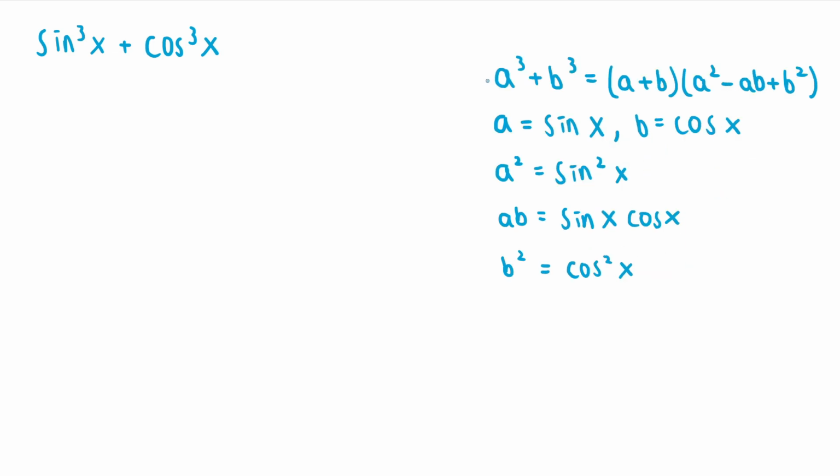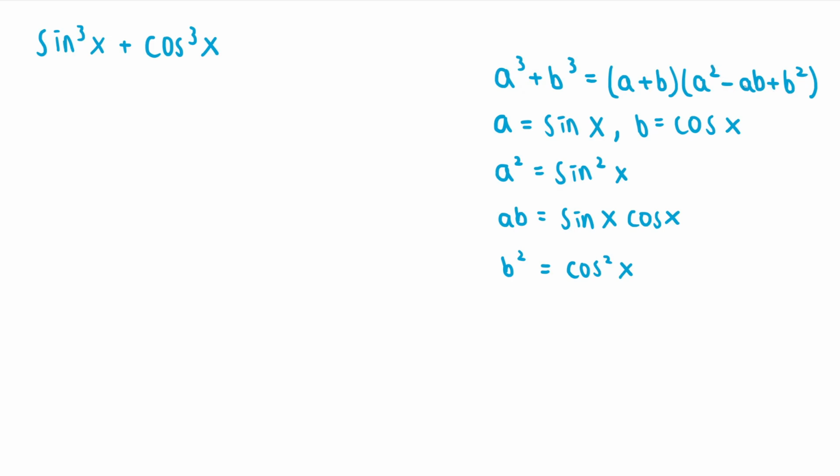So to simplify this expression, we can use the sum of cubes formula: a cubed plus b cubed equals a plus b times parentheses a squared minus ab plus b squared. If we let a equal sine of x and b equal cosine of x, the expression sine cubed of x plus cosine cubed of x is in the form a cubed plus b cubed with the values we set. So this means we can factor the expression into the form a plus b times a squared minus ab plus